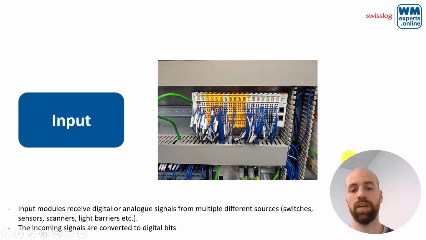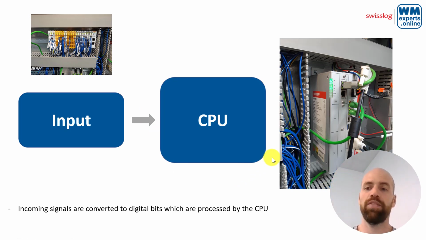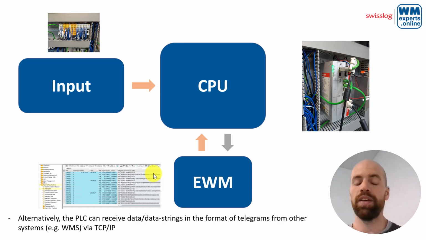And the signals coming from the lower levels are converted into digital bits here, so that these digital bits can then be processed by the CPU. And the CPU is, let's say, the heart of the PLC. It is receiving the inputs from the hardware level, as I explained before, and it can also receive input from other systems like EWM, for instance, in the form of a telegram. So telegrams, communicated via TCP/IP to the CPU, also provide information in a digital format,